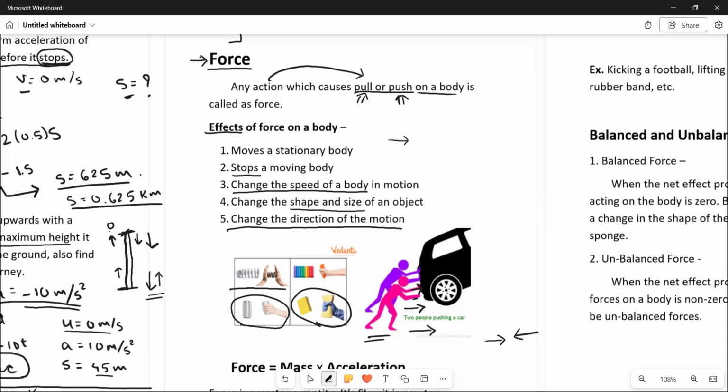Suppose a bowler throws a ball towards the batsman like this, and the batsman uses his bat to play the shot, and the ball was first traveling in this direction,